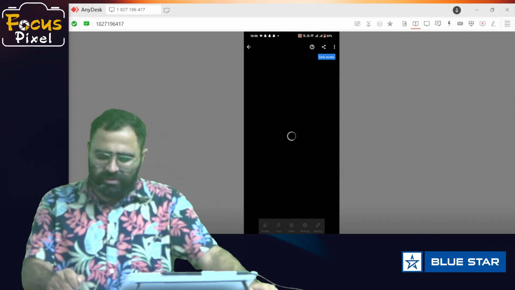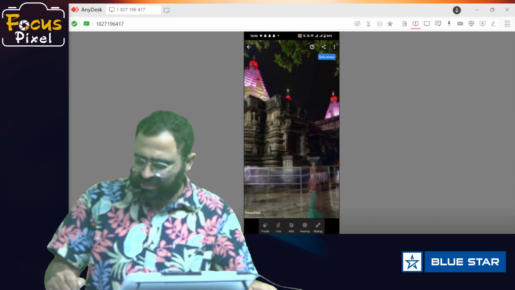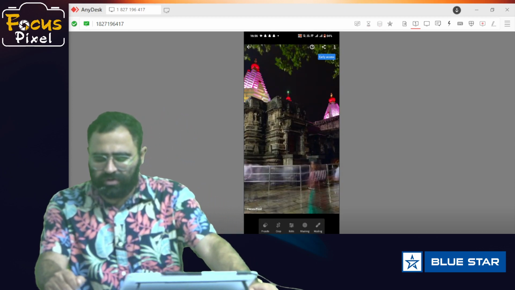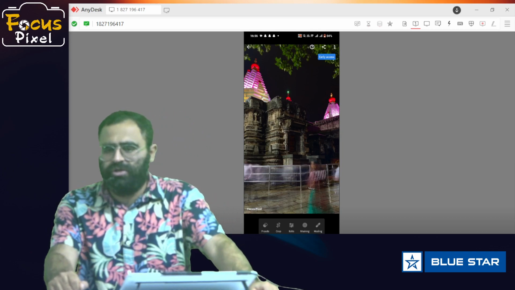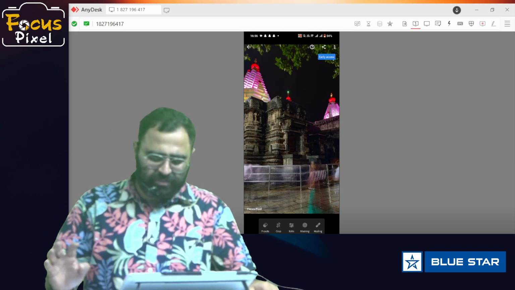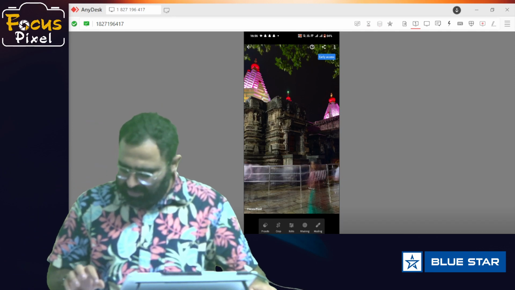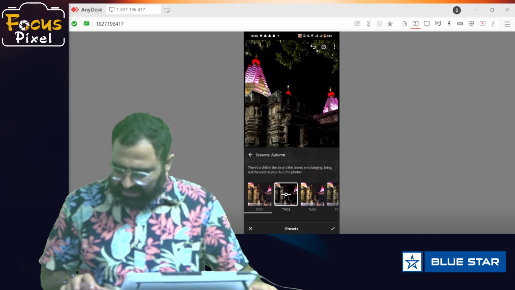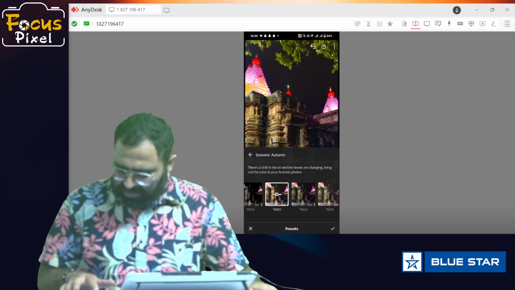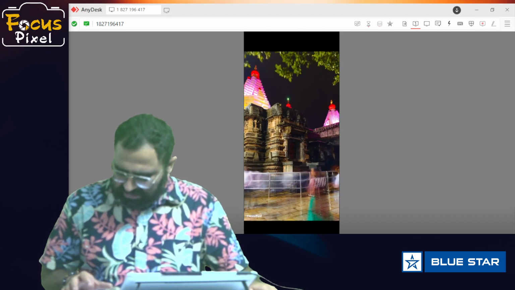This is a long exposure image, where the public is being exposed towards the light. So you will see that blurry effect with the people. Now I'll go to the presets, and there are multiple presets. I'll just click on them so you can see the changes.